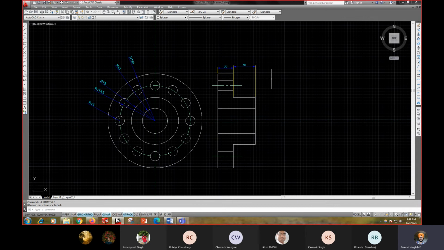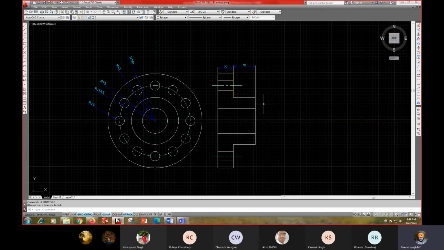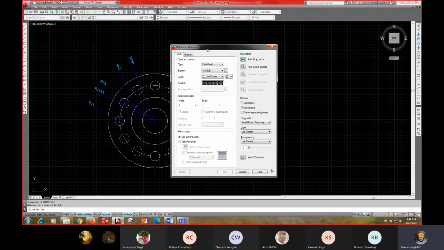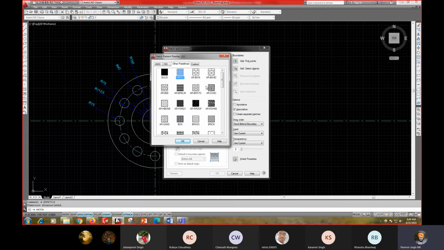Now next one, you have to define the hatching. Okay, so using the hatching command, press H for hatching, then press enter, then select the pattern you want. So I want the pattern from swatch, so I can select the swatch option.